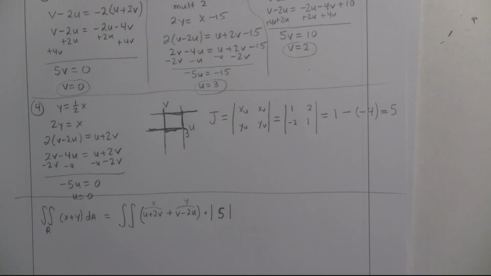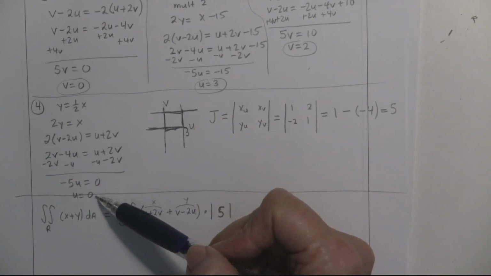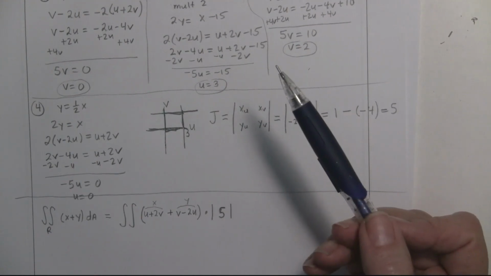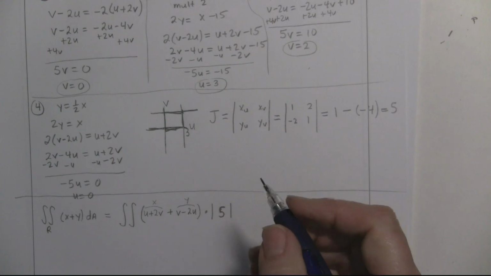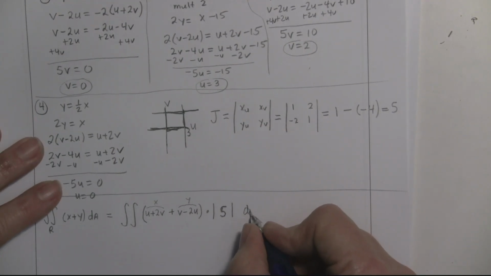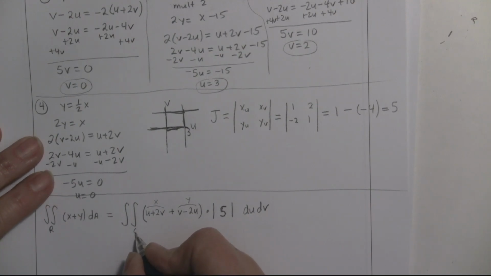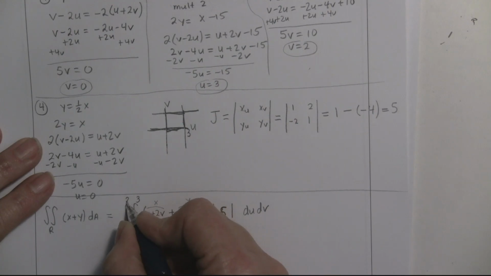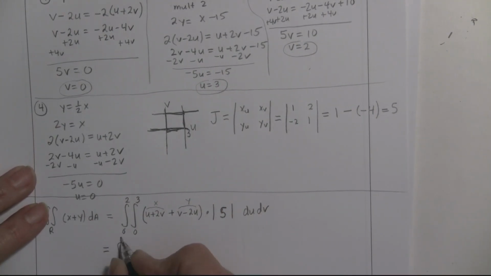We're going to have numbers on both bounds. See how u is from 0 to 3 and v is from 0 to 2. So I'll just do alphabetical order, and I'm going to put right here du dv. And so then my bounds will be for u from 0 to 3 and for v from 0 to 2. So that when I work this,